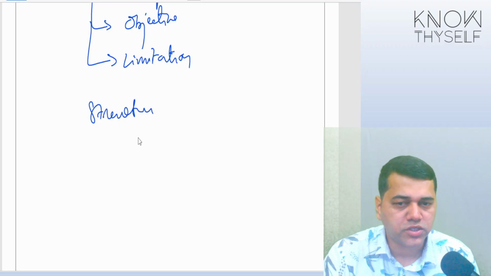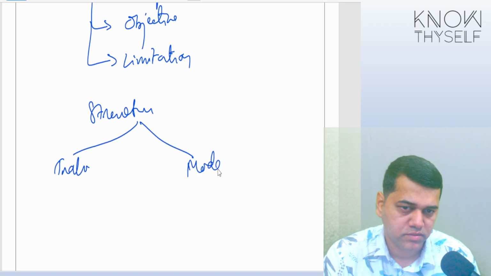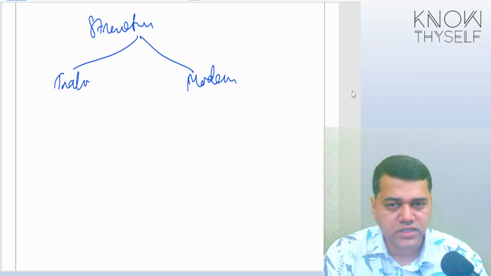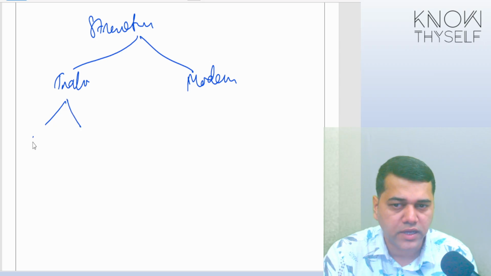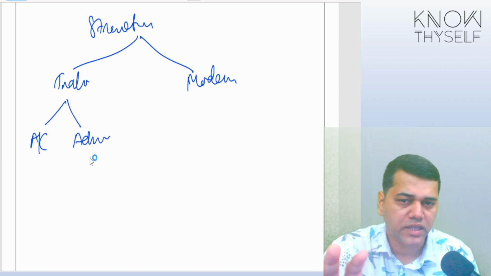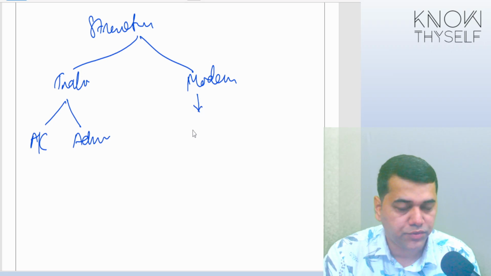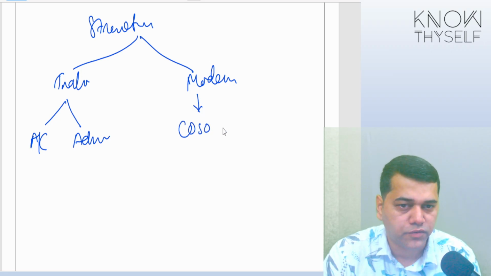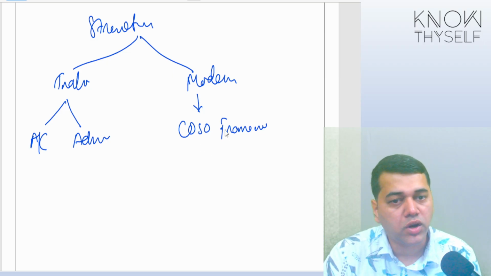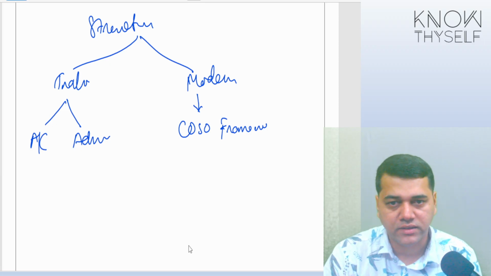So when we talk about a structure, it's a component. So we have got a traditional structure, we have got a modern structure. Traditional structure has got two elements called accounting controls, admin controls. So then I don't want to go into it. Modern element today, what we have got across the world is called a COSO framework. Now, what is this COSO framework? First thing you need to understand what exactly it is.